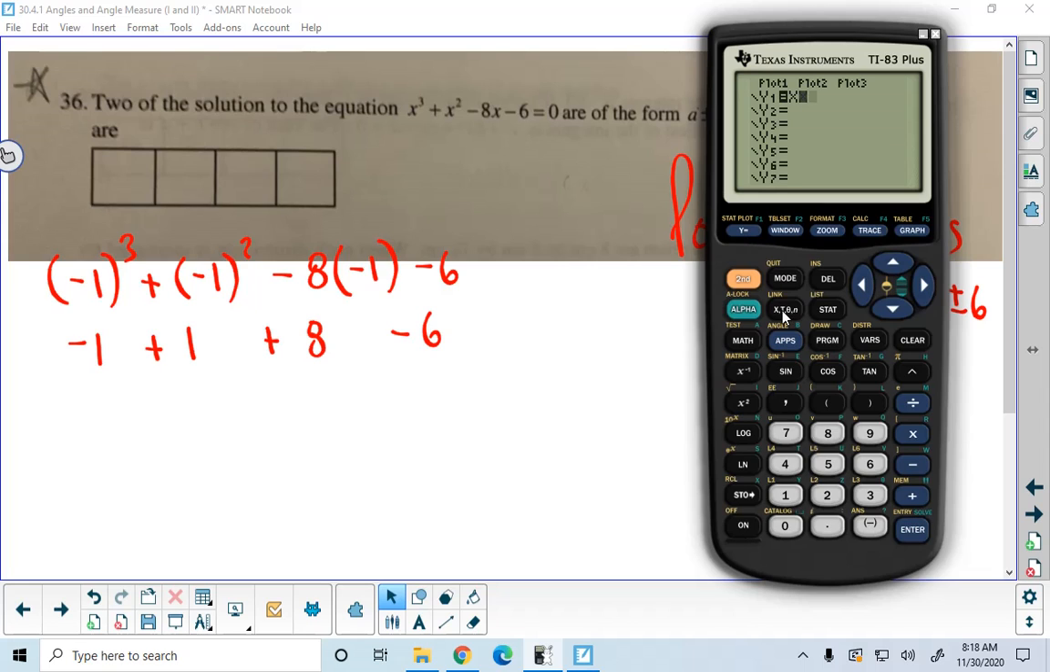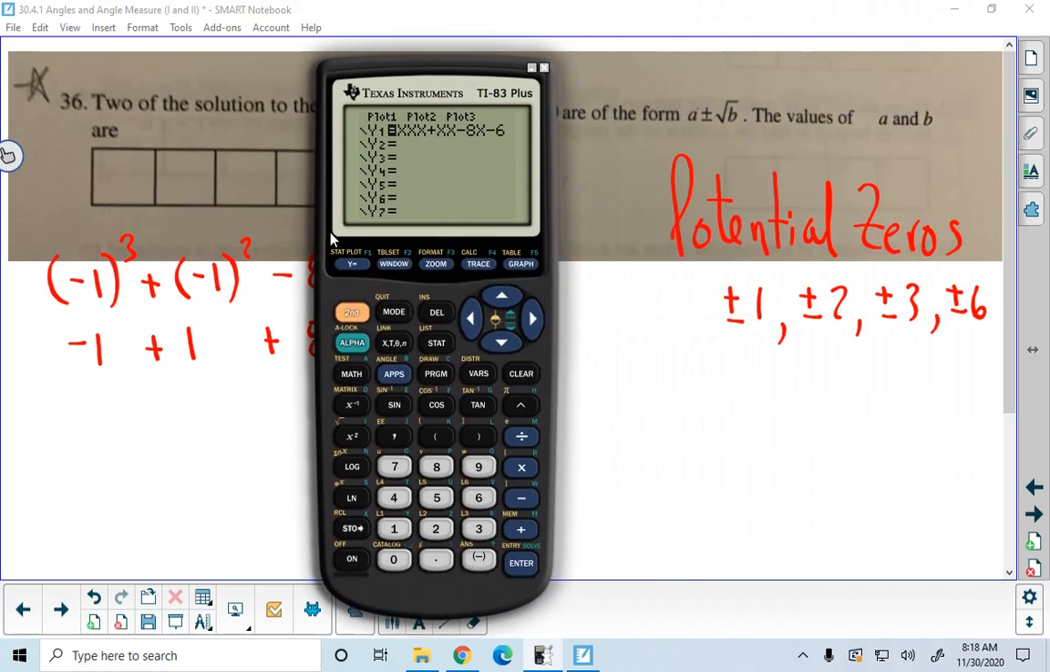So we have x cubed plus x squared minus 8x minus 6, and then going into our table and entering different potential zeros for x in our table, and that makes it a little bit easier. Remember, you want to set up your table to be on ask for independent. And all that means is when you go to your table, you can enter in values for